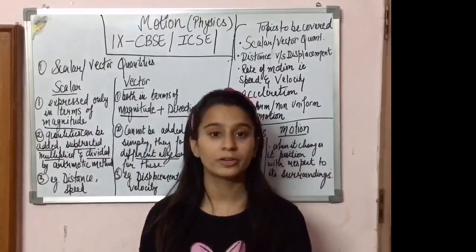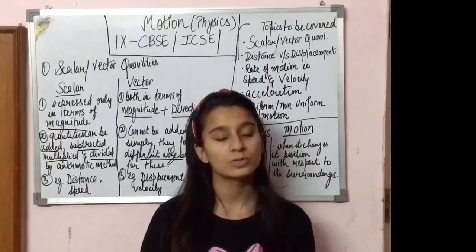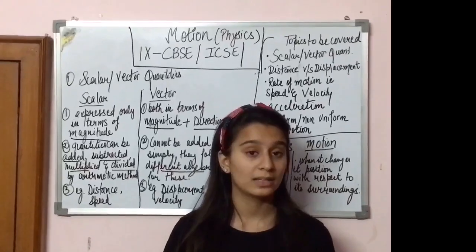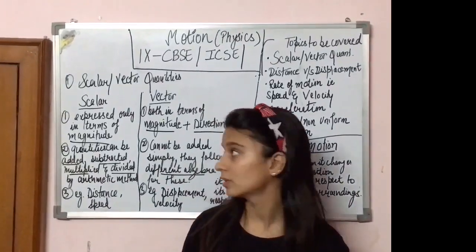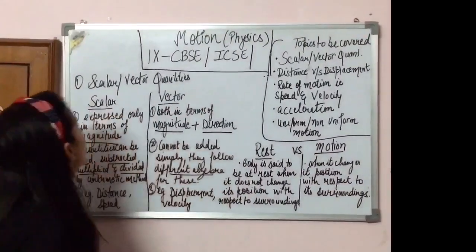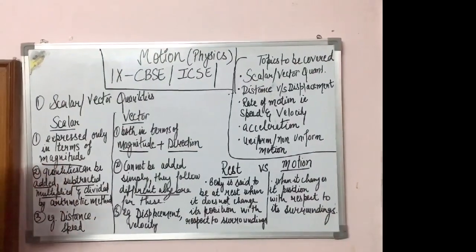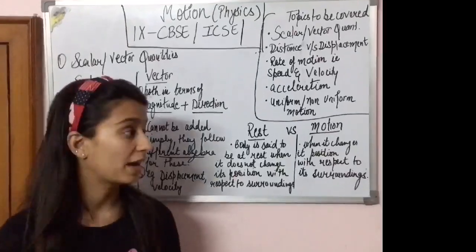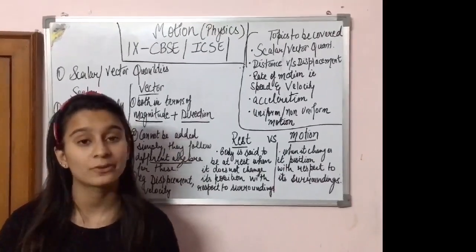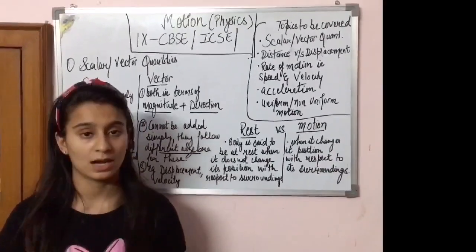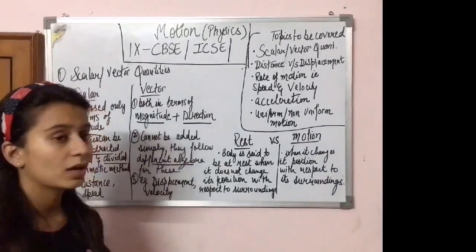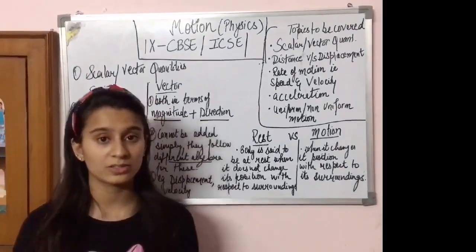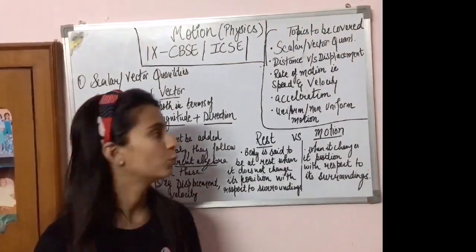Guys, all the quantities in physics are usually classified into scalar quantities or vector quantities. So it is very important for us to know what scalar and vector quantities are all about. So we are going to start. Scalar quantities. Scalar quantities are those quantities which can be expressed only in terms of magnitude. For example, Mr. A travels 10 kilometers from his house towards B's house. So here we are only mentioning that he travels 10 kilometers. We neither know which direction he is going or at what speed he is moving.